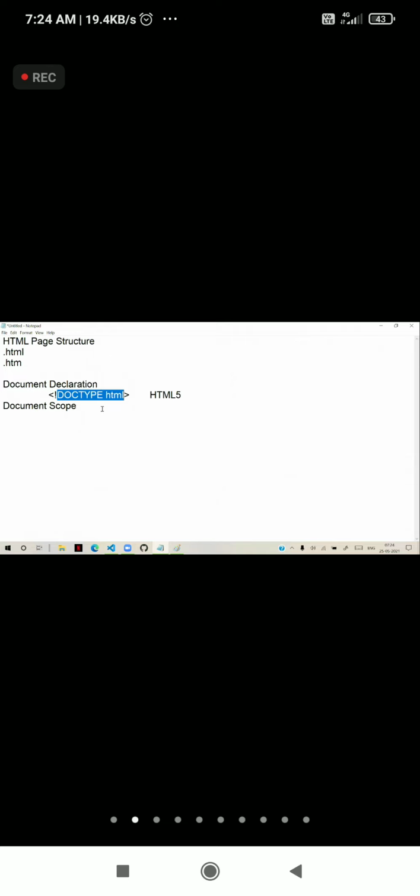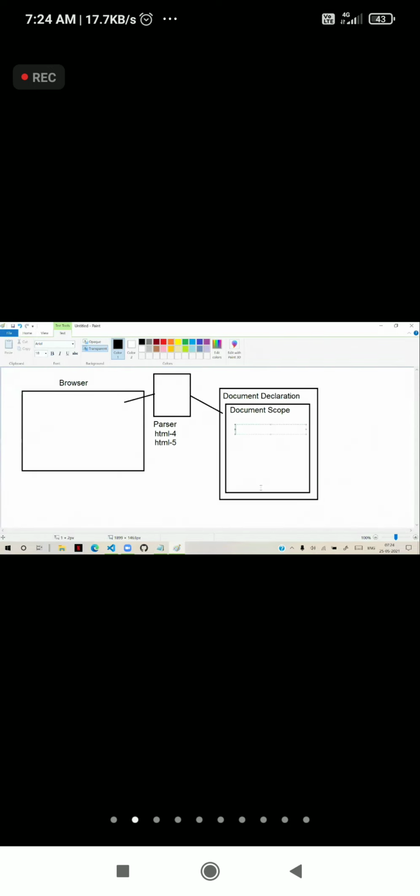Remember, in HTML, everything is presented in a different way. You observe carefully here. It is showing doc type HTML. In angle braces, generally we write a tag.